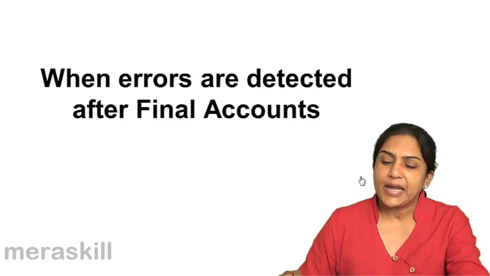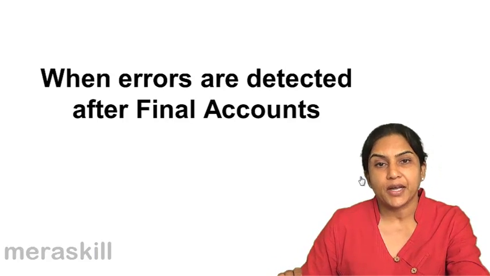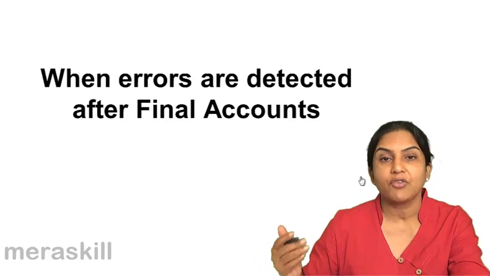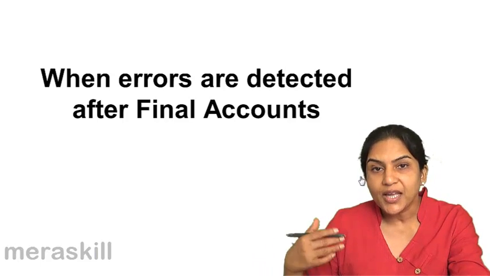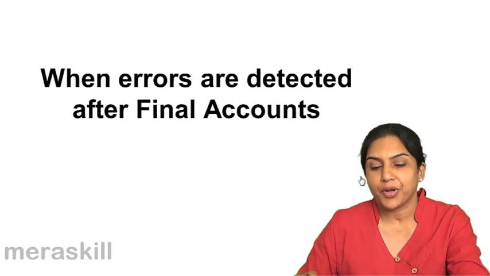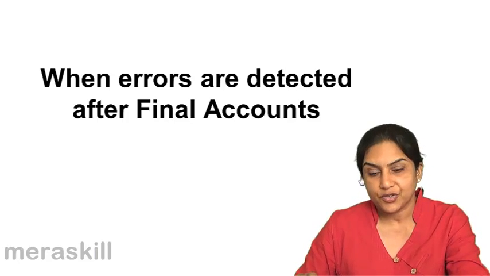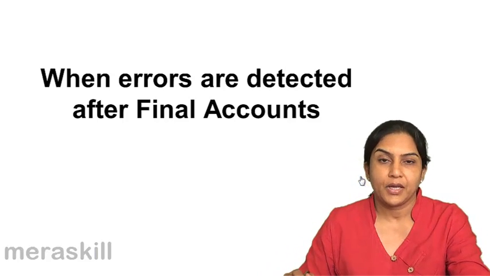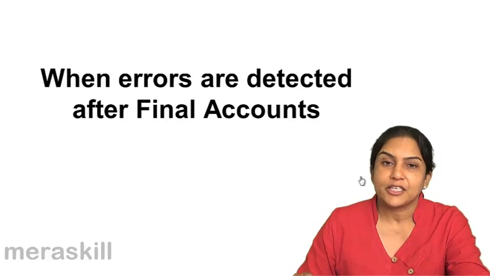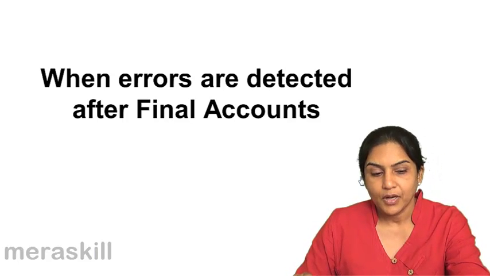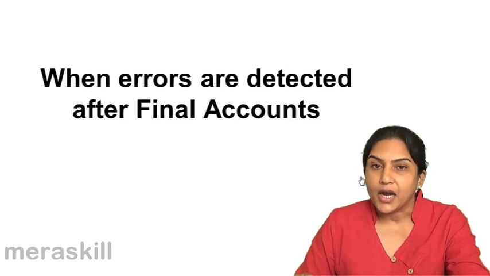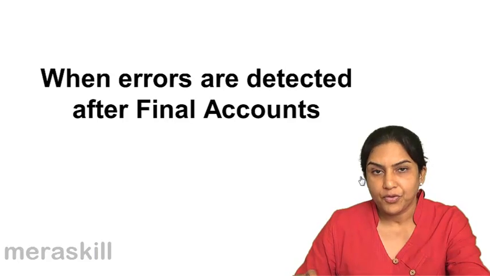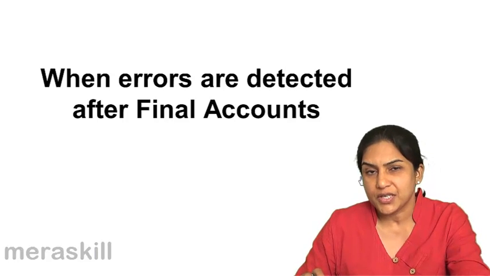Now, what happens when errors are detected after final accounts are prepared? That means the profit and loss account and balance sheet are prepared, and only in the next accounting year, we discover these errors. These errors are detected, these errors are located. Now, assuming that there is a suspense account, the accounting entries are exactly the same as before, that is, with suspense account and after trial balance. The only difference is that